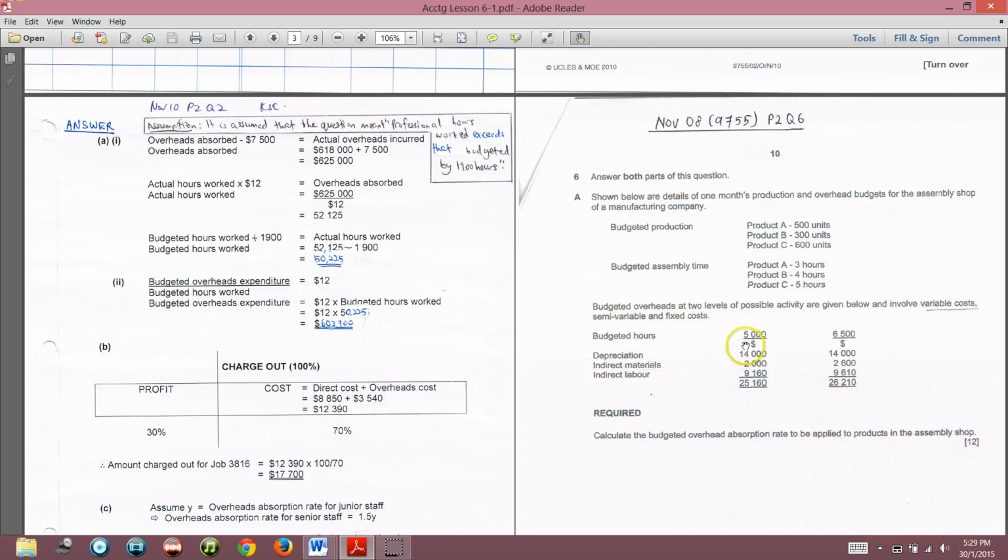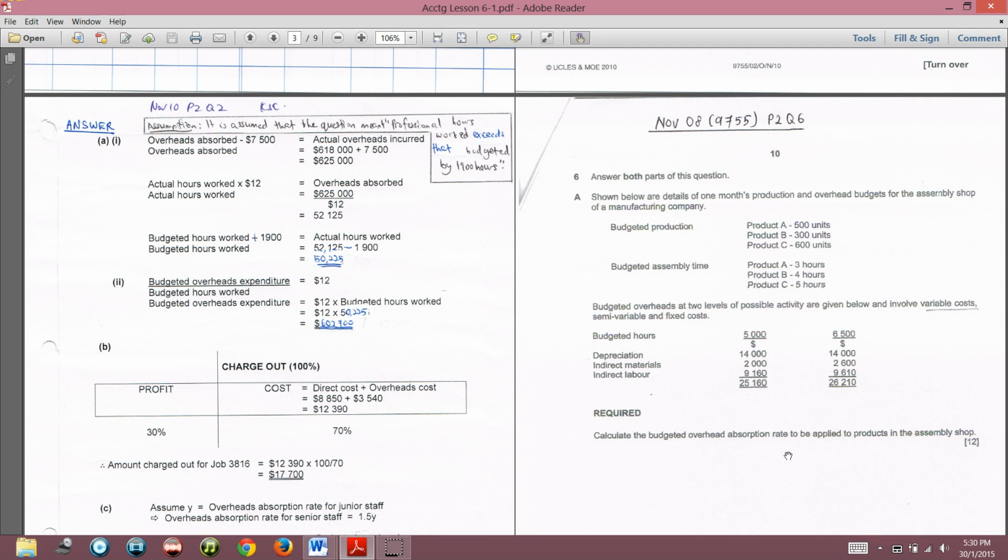So they are saying that if the budgeted hours is 5,000, the depreciation will be so much, the indirect material will be so much, indirect labor will be so much. And if the budgeted hours is 6,500, the depreciation will be so much, indirect material like this, and indirect labor is so much. Calculate the budgeted overhead absorption rate to be applied to the products in the assembly shop. What is the budgeted overhead